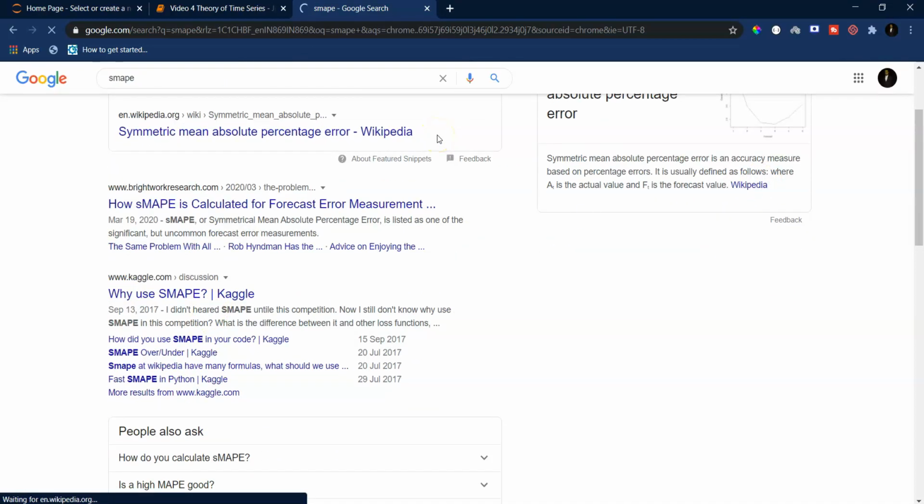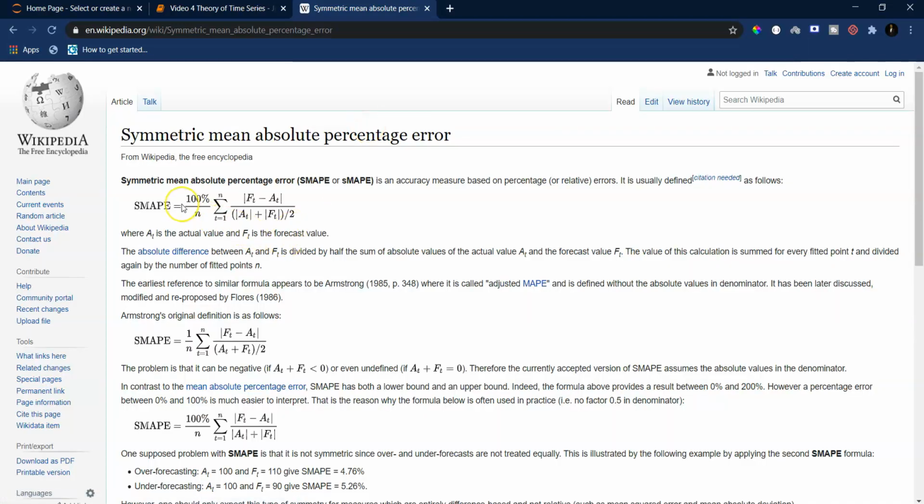Yeah, so the Wikipedia page is listing the formula of the actual SMAPE that we will be calculating. As you see, this formula is quite simple. What do we do in forecasting? We compute some set of future values. Let us say I am trying to compute the future 10 values. Now I will have 10 actual values and I will have 10 forecasted values. I will represent actual values as At and forecasted values as Ft, and then I can use this formula here, where n represents how many values I forecasted. So I forecasted 10 values, so n will be 10.